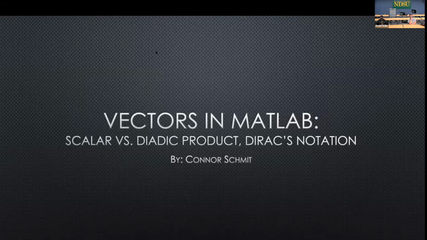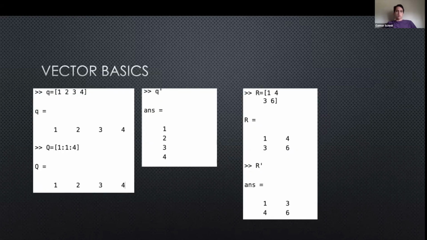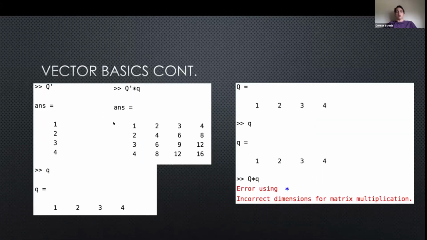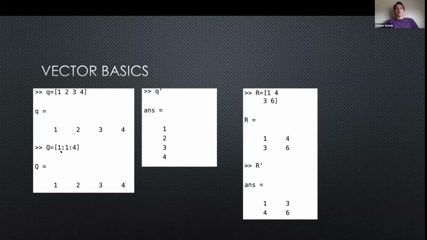Perfect. Okay. So I had the vectors in MATLAB and then the scalar versus dyadic product in Dirac's notation. Okay, so some vector basics. You can enter in vectors a few ways. You can simply type it out, what I did here for lowercase q, and you can just type out each number in the vector, and then you can get your vector. And then for uppercase Q, what I did here is you can